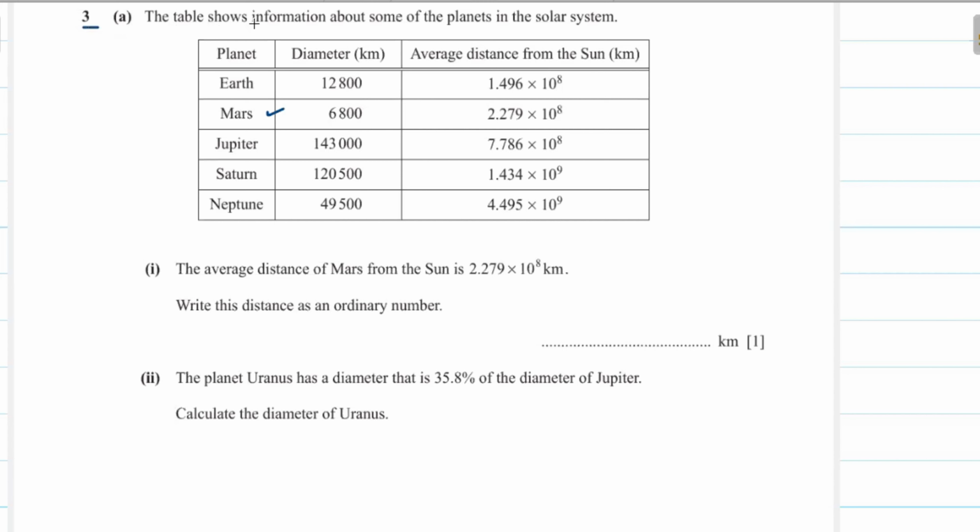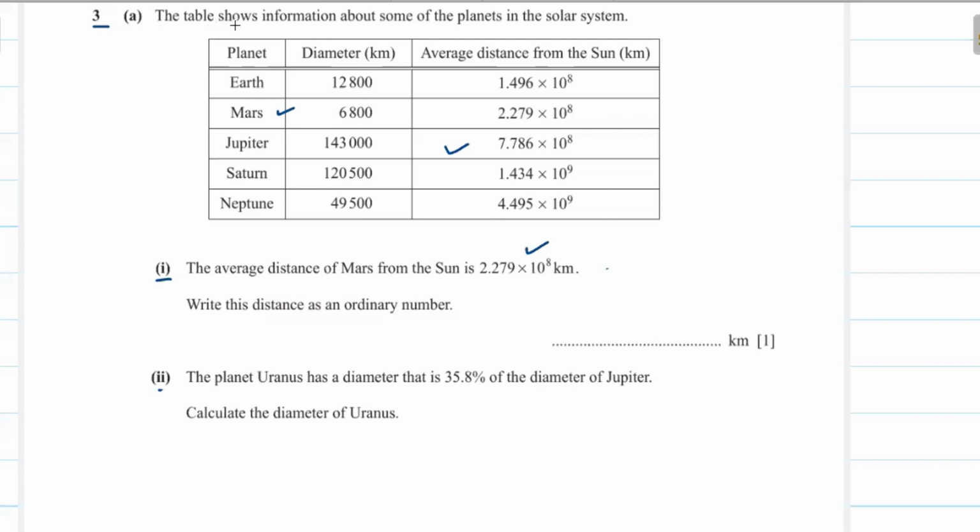Question number 3, part A. The table shows the information about some of the planets in the solar system. Part first. The average distance of Mars from the Sun is 2.279 multiplied by 10 power 8 kilometers. Write the distance as an ordinary number. You see here, the number is in standard form. We convert into ordinary form. We can write 2279 over 1000, because we convert this decimal fraction into an improper fraction, multiply by